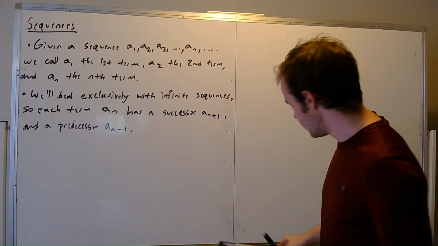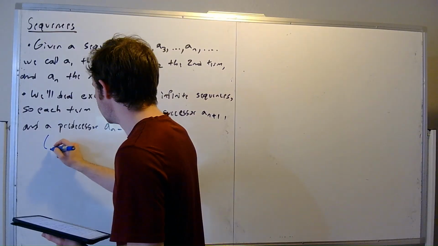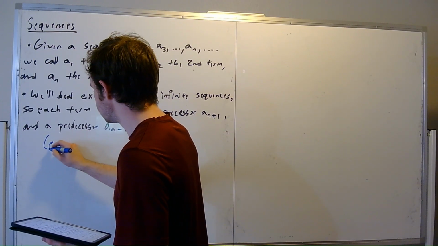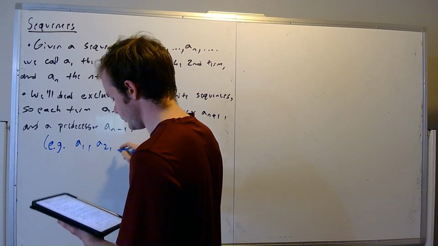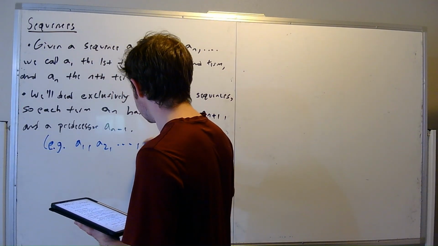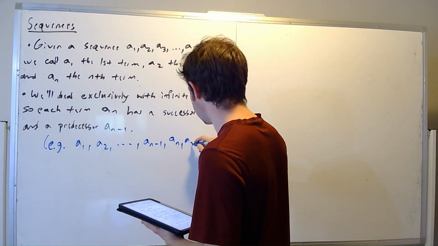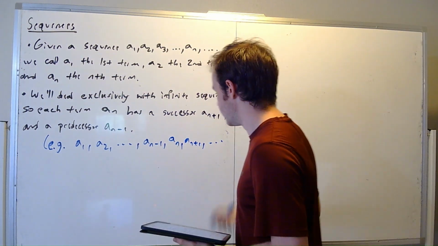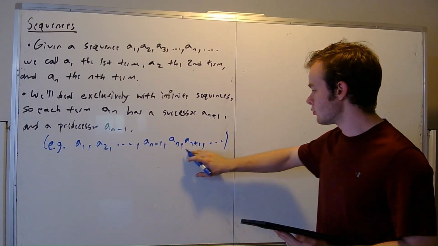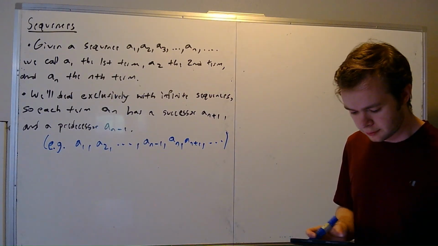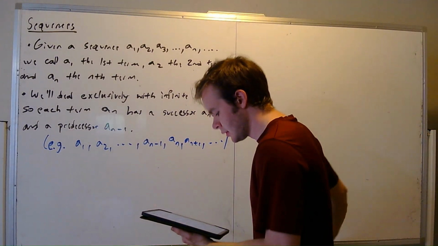Okay. And let's just write down what this looks like. So we've got a_1, a_2, and so on until we get to a_{n-1}, a_n, a_{n+1}, and we just keep going because it's an infinite sequence. So we see the predecessor of a_n would be a_{n-1}, the successor would be a_{n+1}. Okay. The next thing to say here,